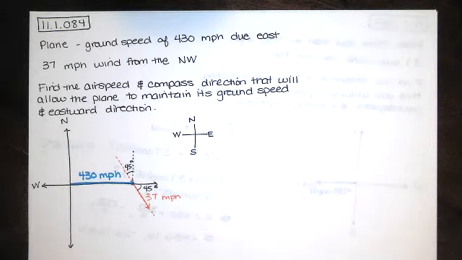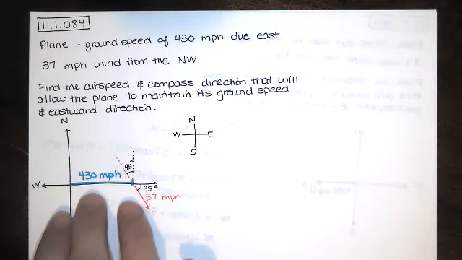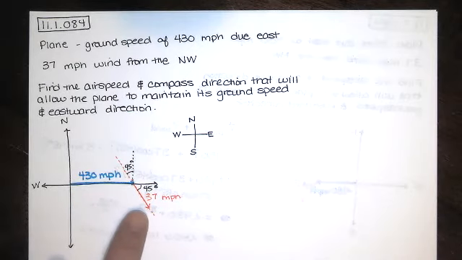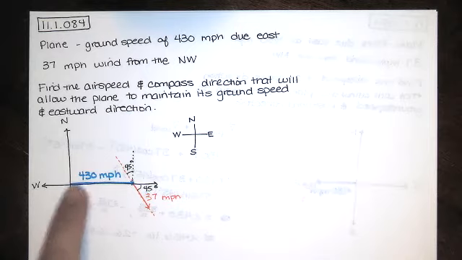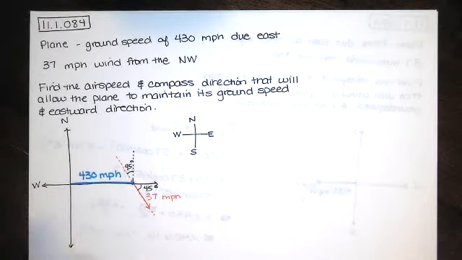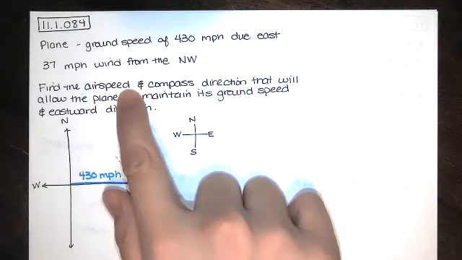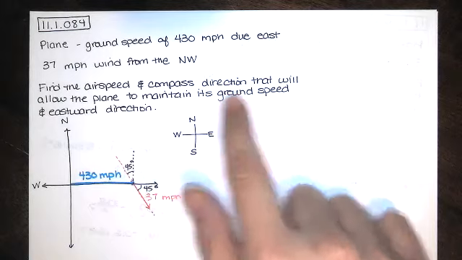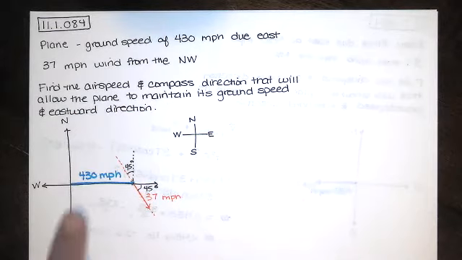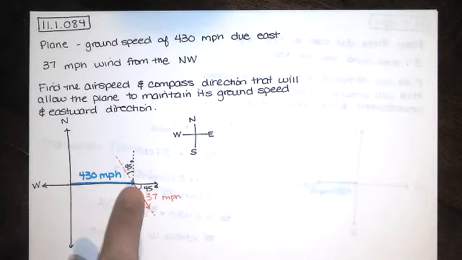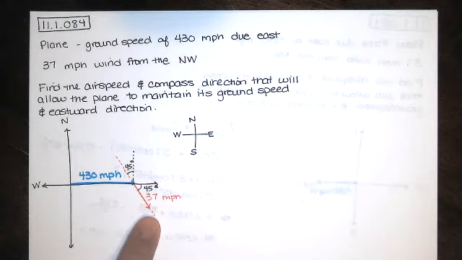Now, if in this problem statement we were asked which way the plane would be flying after this wind affected its direction, we would just be adding these two vectors. We'd take this vector and add them together. But that's not what we're asked here. We're asked to find the new airspeed and compass direction that will allow the plane to maintain its ground speed and eastward direction. So the plane has to keep flying this way, ultimately, even in the presence of this